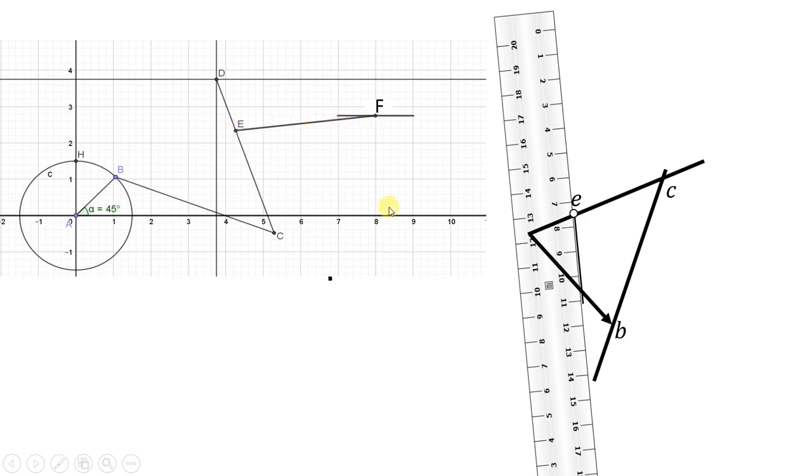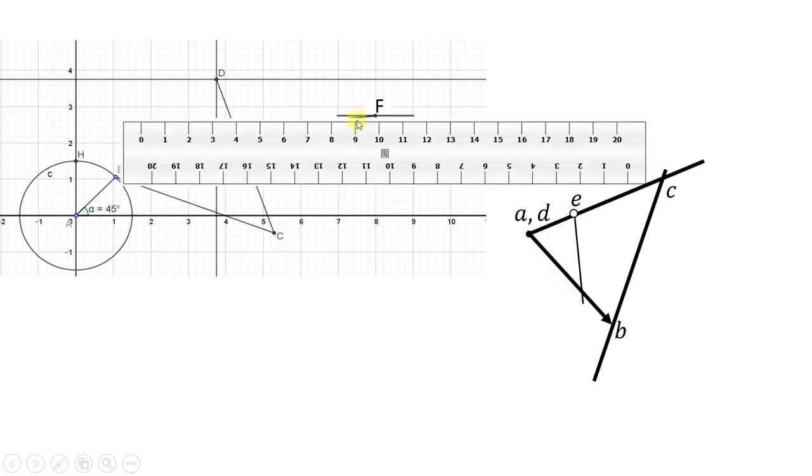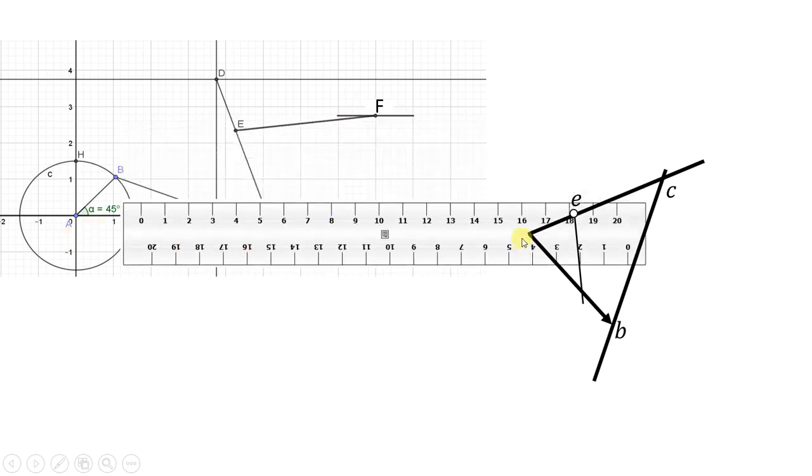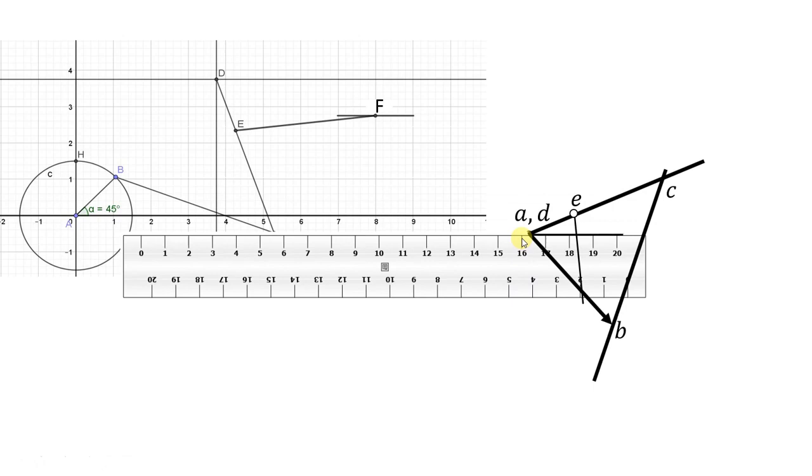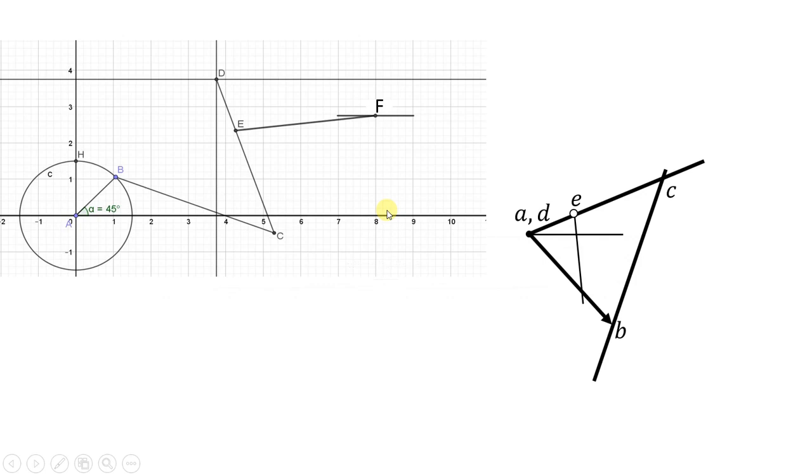Then finally, we have to find out the velocity of slider. So slider is sliding in the horizontal path. Then F with respect to A or F with respect to D. With respect to fixed point, the slider will always move. So out of this F and A point, A is known, correct? So from A, draw a horizontal line, indicating the velocity of the slider, that is F with respect to A. Wherever these two vectors intersect, that is our common point of intersection, that is F. So this will complete our velocity diagram.